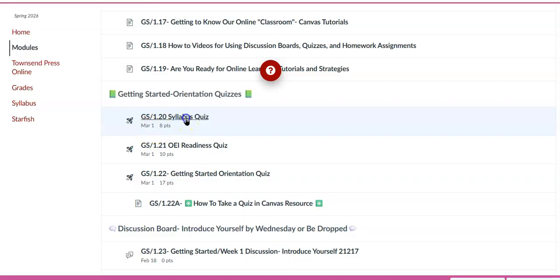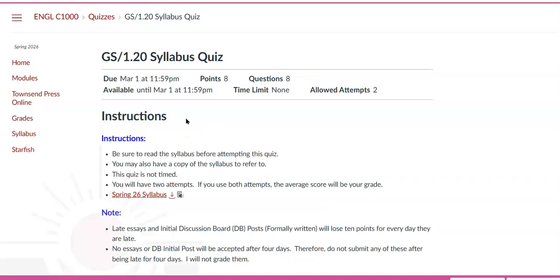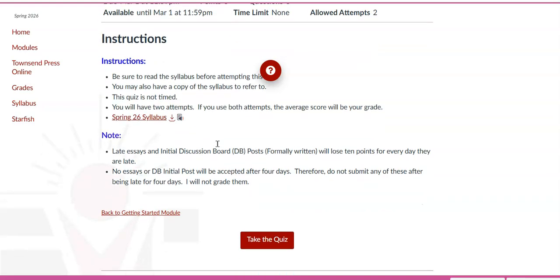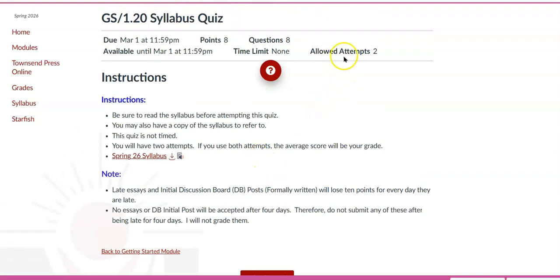So let's take a look. Syllabus quiz: if you click here, I embed everything that you will need for your quizzes. So if you're taking a syllabus quiz, I'll put the syllabus here for you. This way you're not searching, wondering where do I go for this, where do I go for that. And if I were you, I would click Take the Quiz. It's not timed. Look at the questions and then find the answers in the syllabus. Quizzes are really just to check your information. They're very low stakes, meaning they don't count a lot toward your overall grade. And you'll have 2 attempts to take this. I'll take the average score if you do it twice.